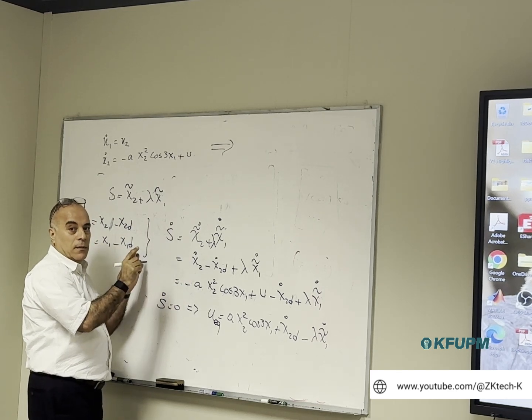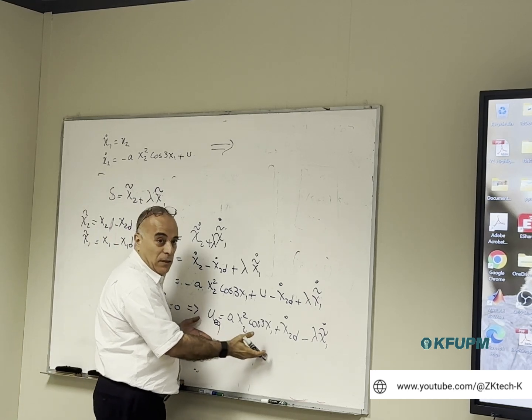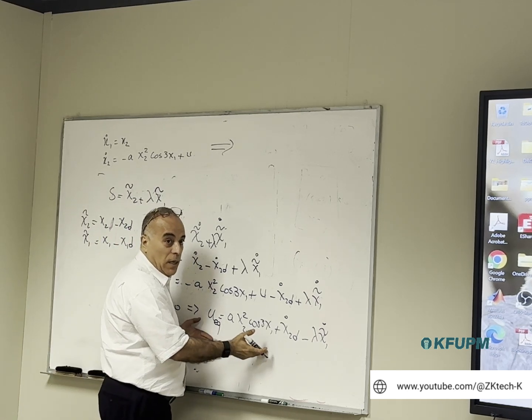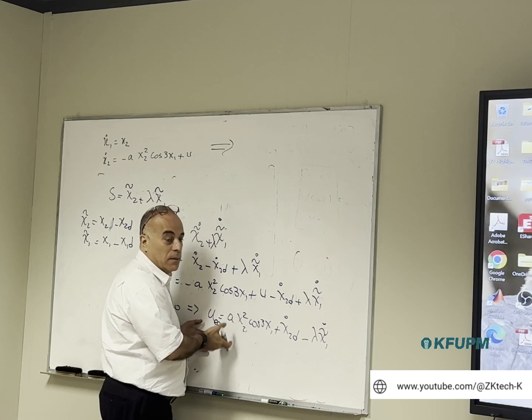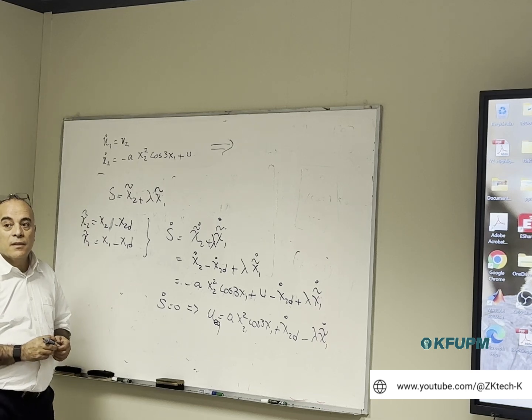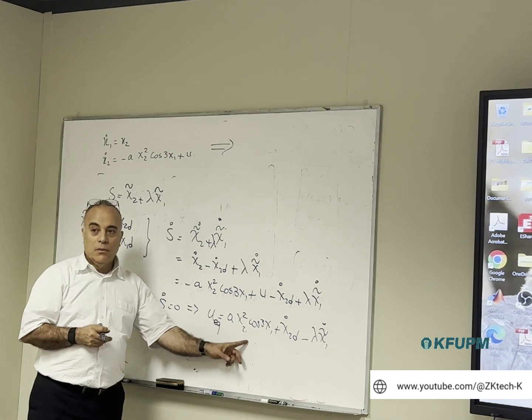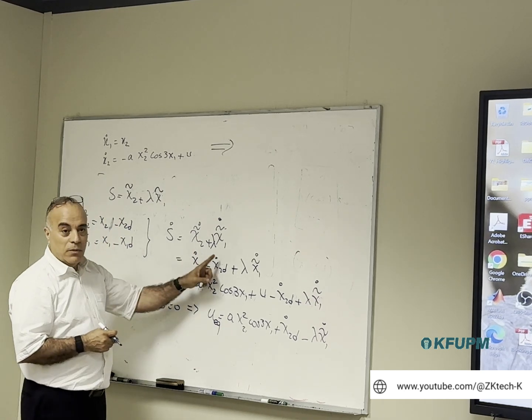We still need to add the reachability condition. This is the sliding controller, but we need saturation. When I am on the surface, when I reach the surface and the controller is put equal to this, S prime is equal to 0, which means